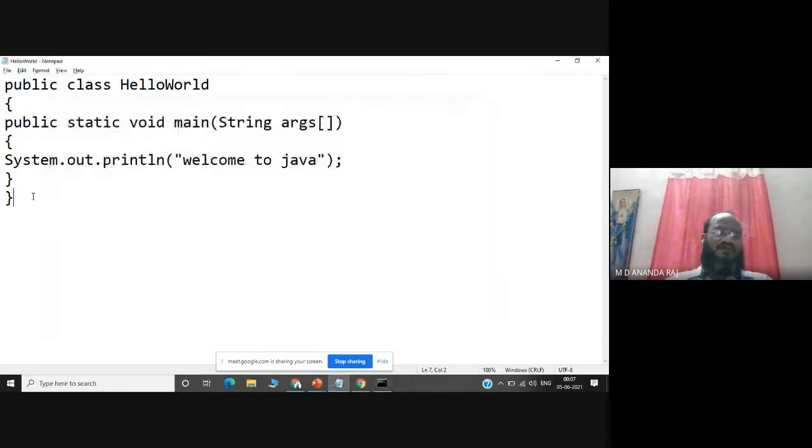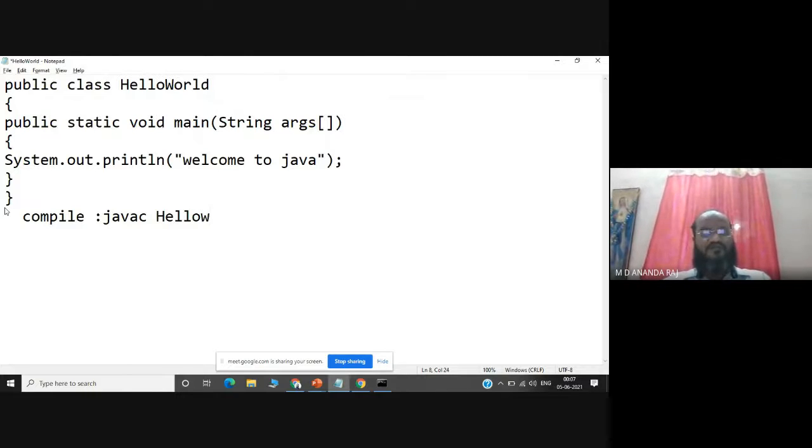To compile the Java program, the command will be javac, the Java compiler, everything in small letters, javac, and after that you type your file name, HelloWorld, HELLO, then W is capital, World dot java.